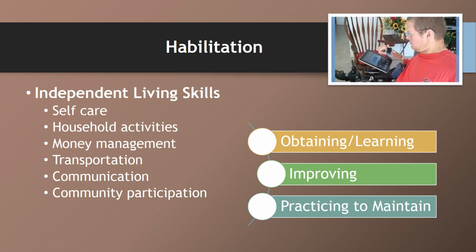This can range anywhere from learning to be more independent in daily grooming activities, cooking, or household chores, to learning money management and budgeting skills, to learning independent use of public transportation services, to increasing ability to communicate using devices, to learning about and making use of local resources, to learning to make choices in day-to-day activities and routines, and